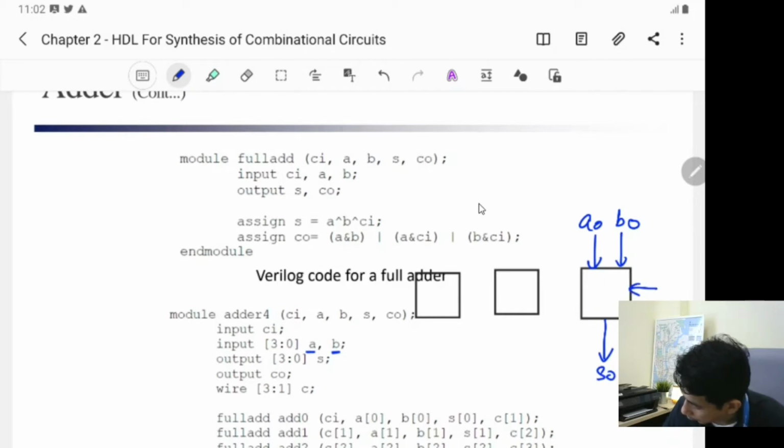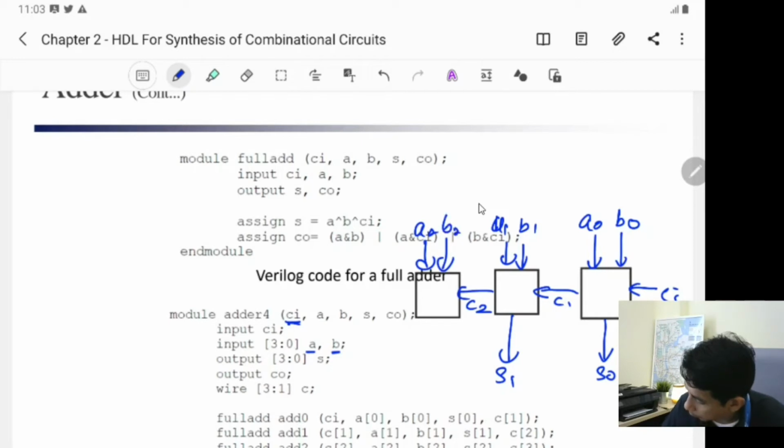The input here is CI, and the output is C1 here. The next one is B1, A1. The output is S1, and here should be C2, and this one is A2, B2. And this one is S2, and the last one will be